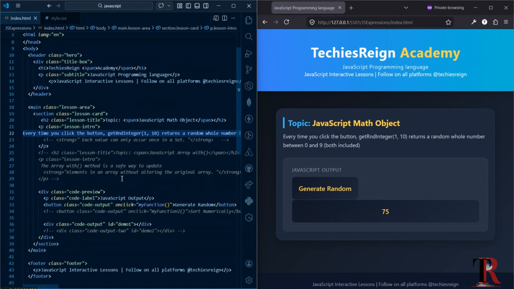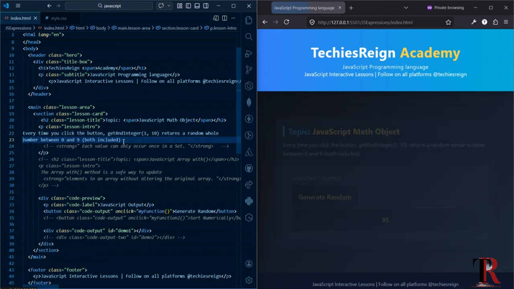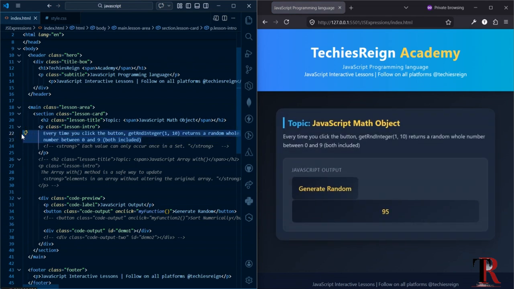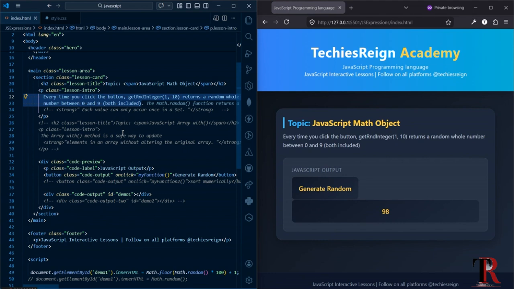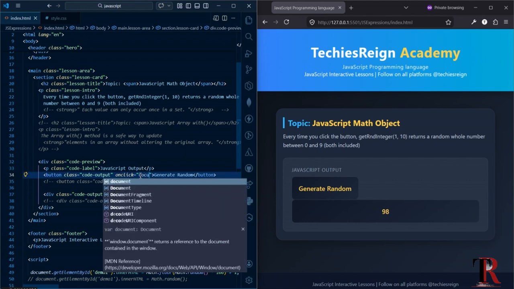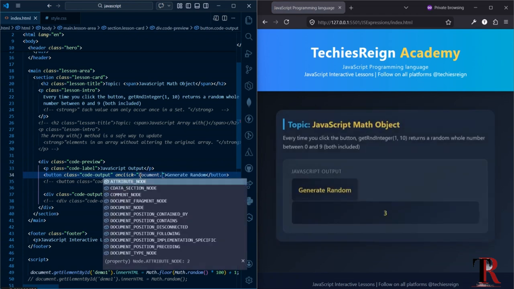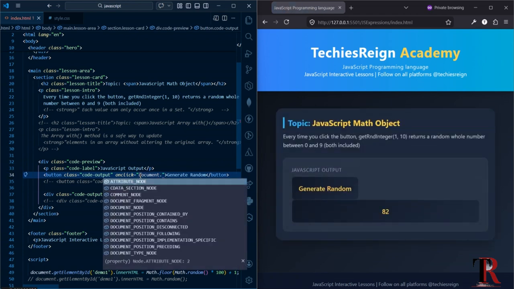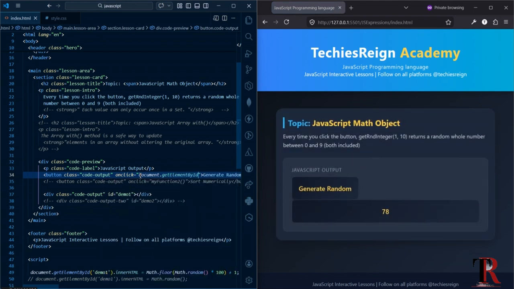So how do we make it? We'll need a button, like I said. You can just make a simple button. I already have a button here. I'm just going to change some things on this button. Basically the onclick method is what I want to change. So I can pass it a document.getElementById,